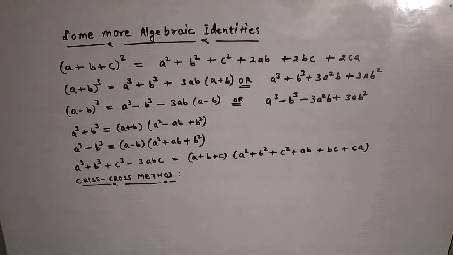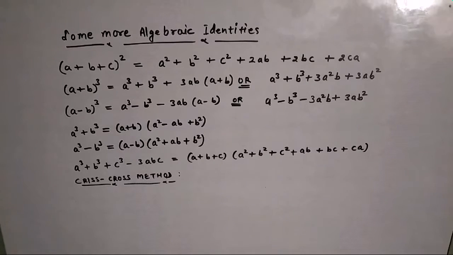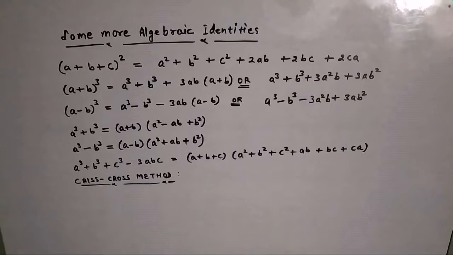So until now we had seen factorization of simple algebraic expressions where some terms could be taken common. Then we used four basic identities: a plus b whole square, which was written as a square plus b square plus 2ab, and a minus b whole square, which was written as a square minus 2ab plus b square, and then a square minus b square, which was written as the multiplication of a plus b